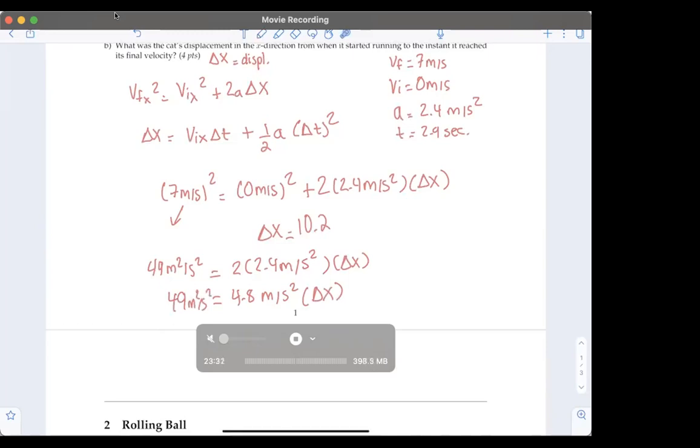And you can see here, even like, if you think about it, like 4.8 meters per second squared, if we multiply that by 10, so if 10 was our displacement, right, that'll give us 48. That's really close to 49. So that's kind of like a sanity check there, right, to see if your answer makes sense. Because if you got the equation right and everything else, and you just made like a computational error or whatever, you can kind of check that and make sure that your final answer makes sense, the larger sense of the equation, right? So if your final answer is like 20, right, or something, or 100, that doesn't make much sense,